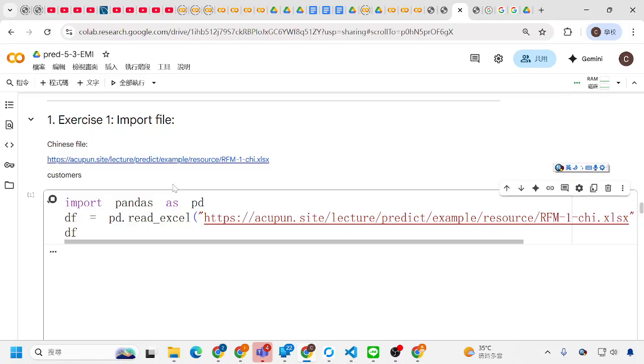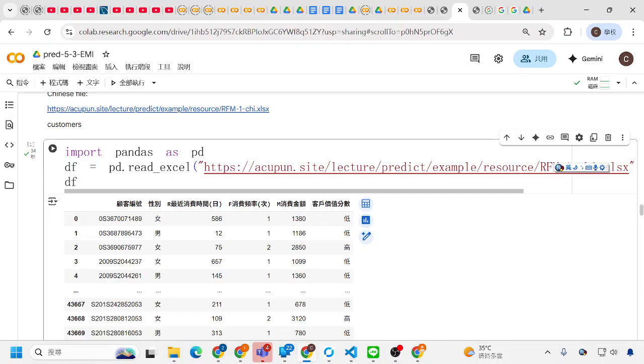And after you import the file, you can find that we have several columns for the customer number, gender, and the RFM and also the customer's